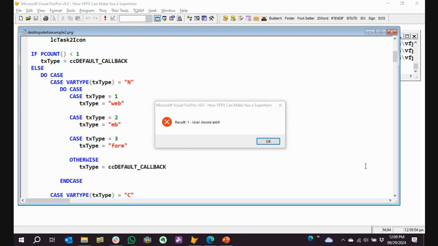Yes. So when the alert's closed or when the callback is clicked on, one of the events is to do a callback, and your program will be able to respond to all of those. You check on the backside what was done by the user. In this case, I just closed the alert, and I could tell that it was just closed, that the user did nothing specific with it.